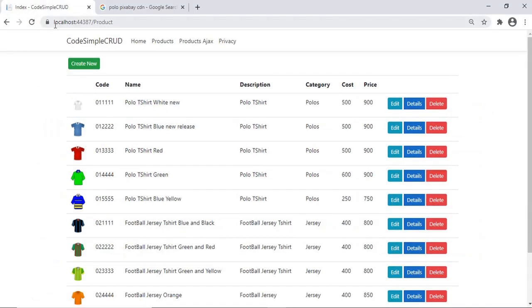This application has two methods to do the CRUD operations. The first method is the general one. There are already a bunch of videos available on YouTube teaching this method. The second method is the code simple method, that is my method. It uses Ajax and partial views. Till now, I have not seen any videos for this method. First, we will see the general method.